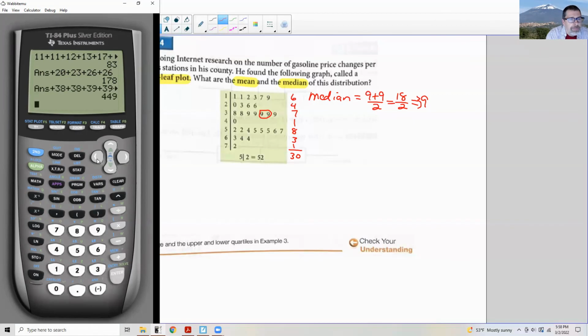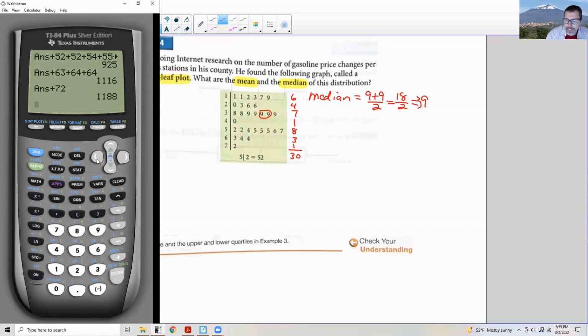Enter. Plus 40. Enter. We're up to 489 plus 52 twice, 54, 55 3 times, 56 and 57. Enter. We're up to 925 plus 63 plus 64 plus 64. Enter. Plus 72, and that is our total,